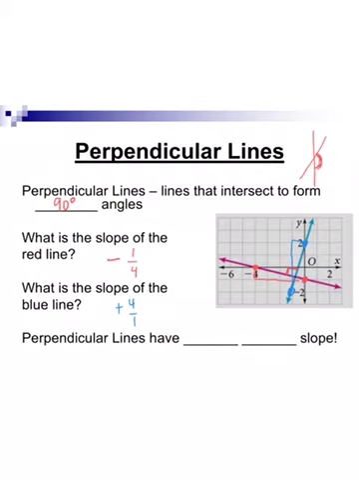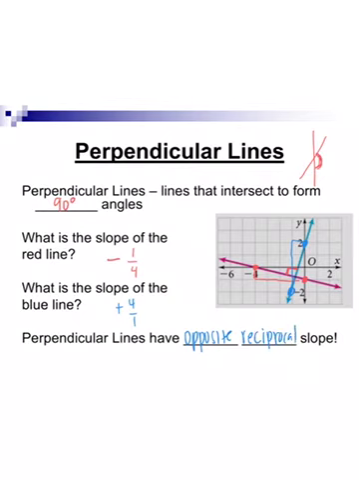So as you notice, if you look at these two slopes, they're called opposite reciprocals of each other. One of them's negative, the other is positive. And the reciprocal means the numerator and the denominator flipped. So perpendicular lines will always have opposite reciprocal